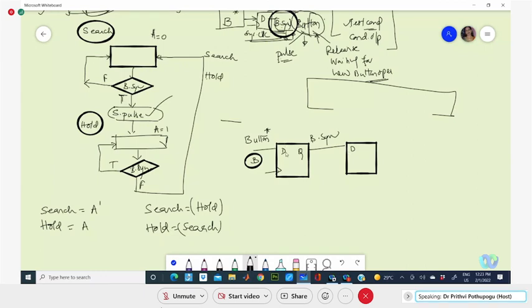I'll take this through another flip-flop, and say this will be our search operation and this will be the hold operation. This gives you the hold output. Okay, and this hold I can take something like this. I can take a combination of mutual search of these two, and which releases me the single pulse,